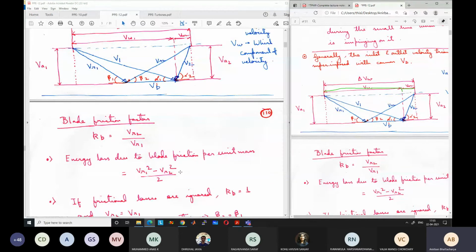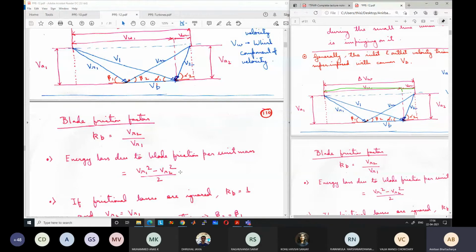Say I am seeing a car which is moving at a certain velocity. From my point of view, the velocity of the car may be 10 meter per second and it will have certain kinetic energy, half into mass of the car into 10 square. For the person who is sitting in the car, the velocity is 0. For him, the kinetic energy is 0. Relative to that person, the kinetic energy is 0. So kinetic energy can change based on the frame of reference, so it is not an absolute quantity. You have to be careful while considering kinetic energy.